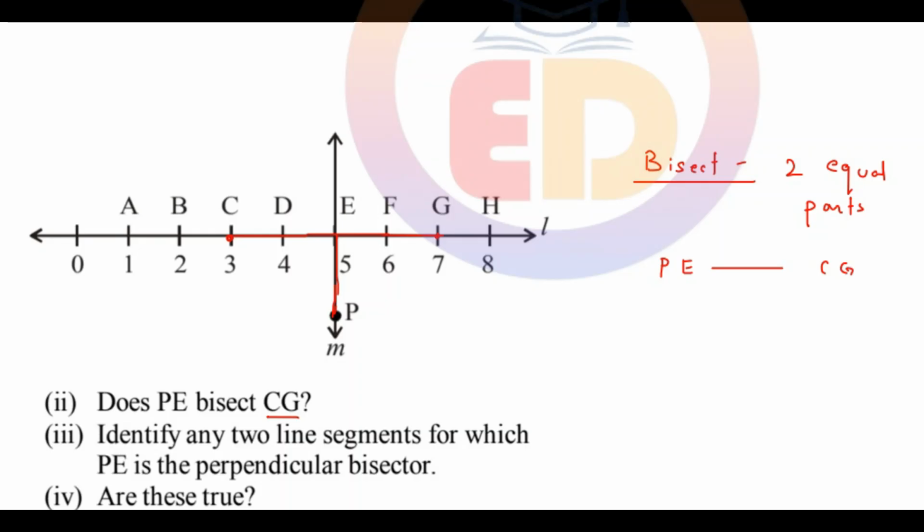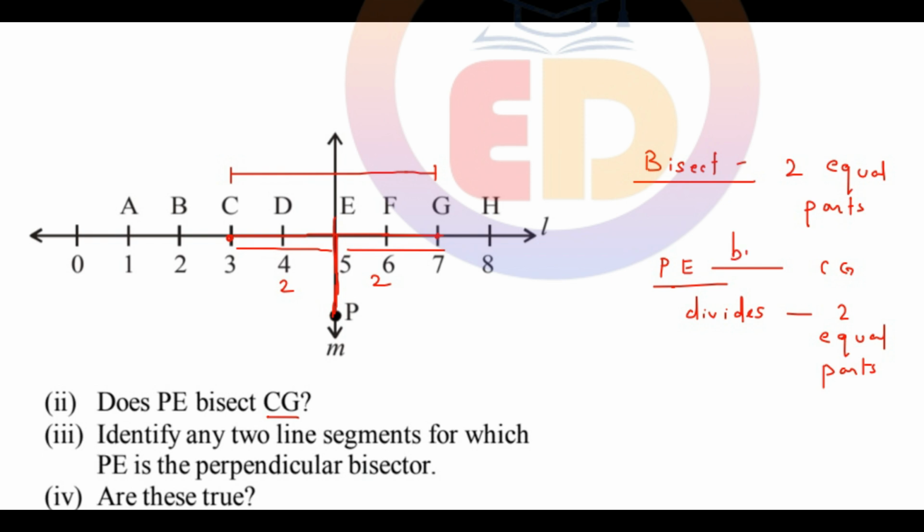Yes, we can say, because at PE this CG is divided into 2 units on the left hand side and 2 units on the right hand side. So I can say that CG, this complete line segment, is divided into 2 equal parts by the line segment PE. And since PE divides CG into 2 equal parts, we can say that